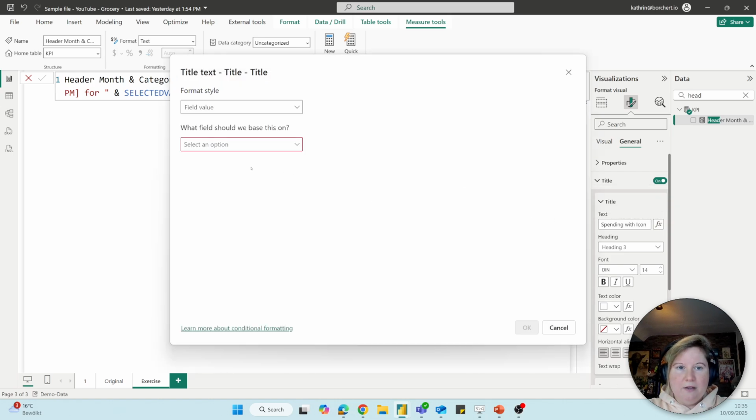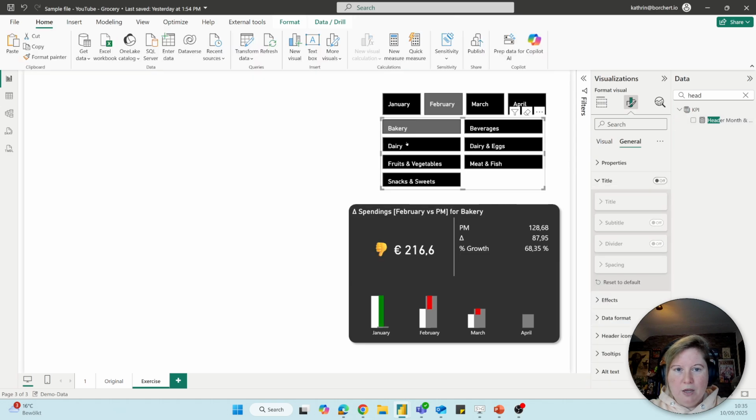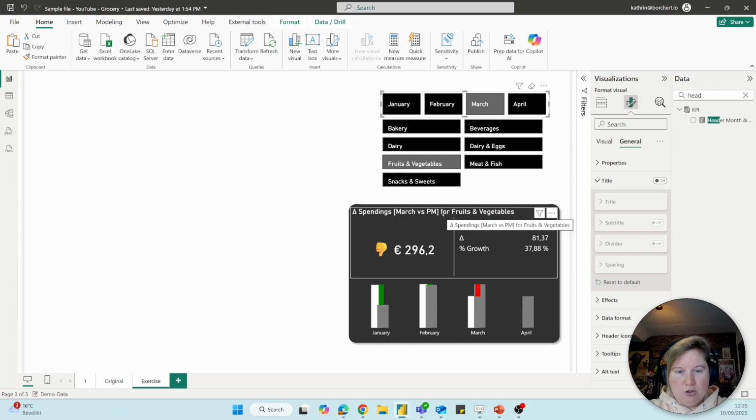And then I will choose here my measure, my header measure, click on it, and okay, and submit it. And now you see I have here my dynamic header. So if I now click, for example, on bakery or on fruit and vegetables, you see that it's automatically changing here. Also, if I change the month, you see now here the month is also changing.